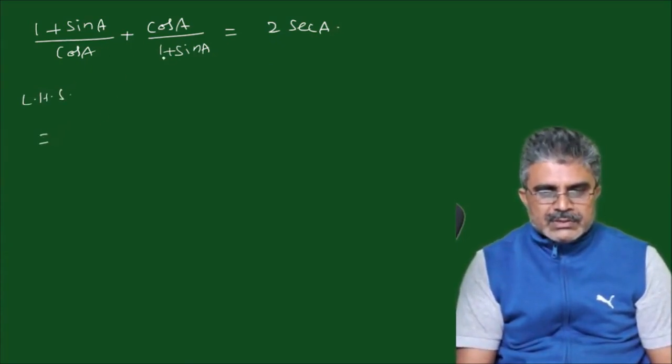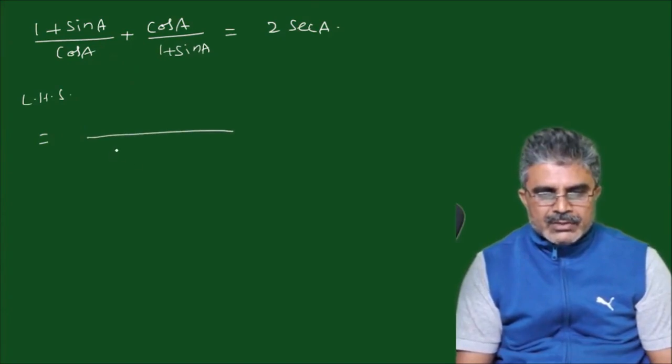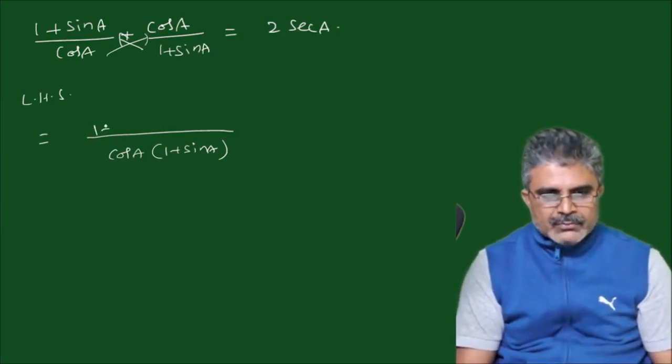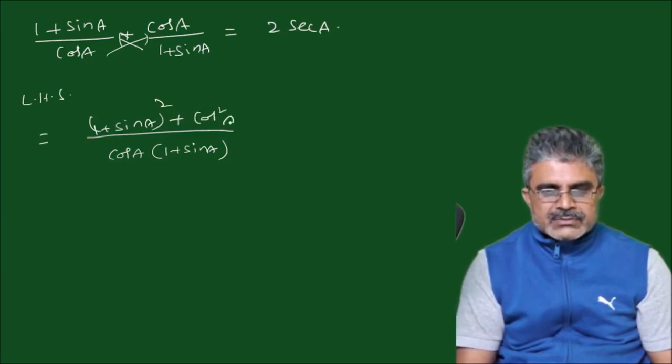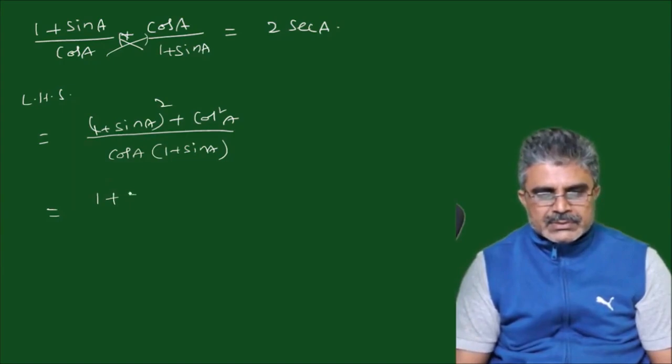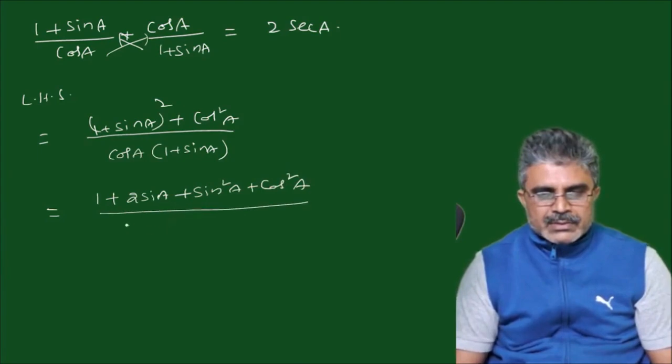So in that, if you take LCM, in the denominator you have cos A into 1 plus sin A, and by multiplying the factor from the LCM you have 1 plus sin A whole square plus cos square A, which will give 1 plus 2 sin A plus sin square A plus cos square A by cos A into 1 plus sin A,